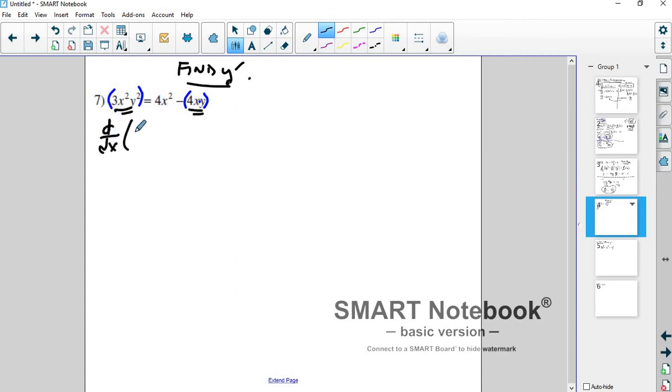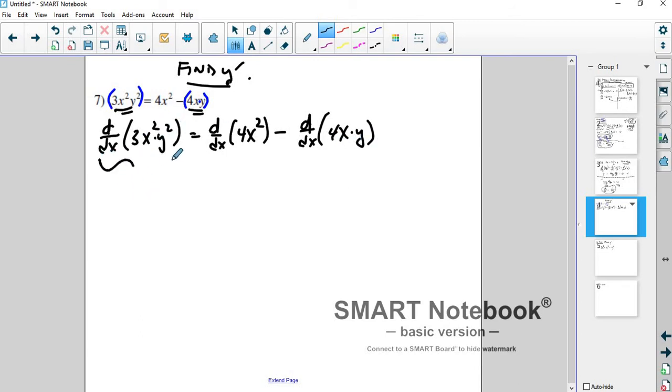Once on the left-hand side with 3x squared y squared. We're going to do the product rule there. And once on the right-hand side, 4x squared is just normal, right? And then I'm subtracting. Don't forget to group everything the right way. 4x times y, that's another product. Here it's 3x squared times y squared. So when I go to do this derivative, this is the product rule, first and second. The derivative of the first is 6x times y squared, plus the first, 3x squared, times the derivative of y squared, which is 2y dy dx,